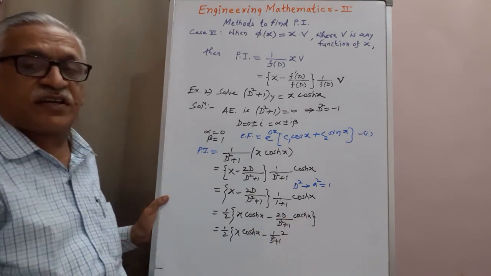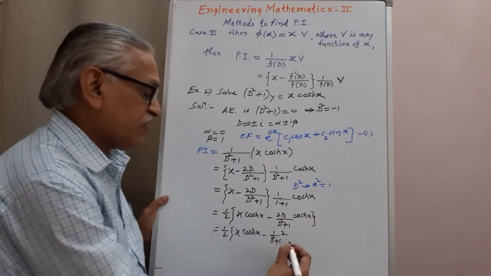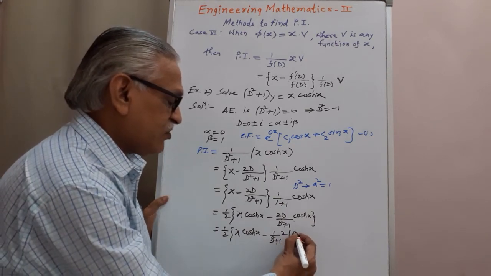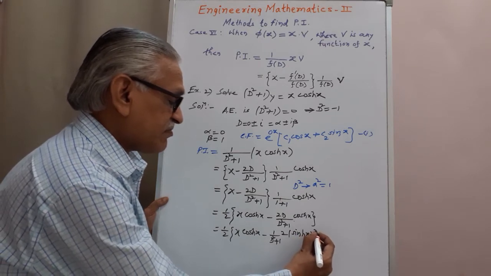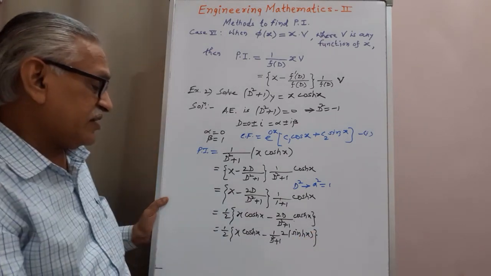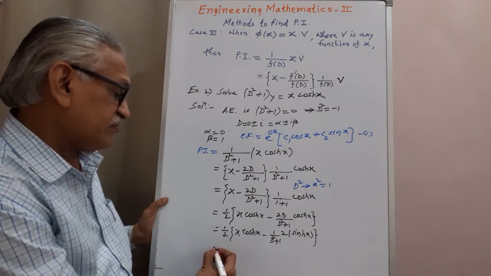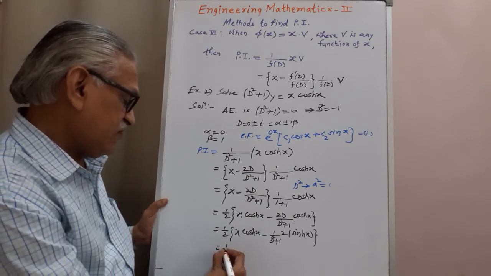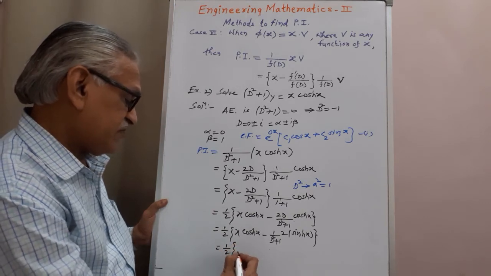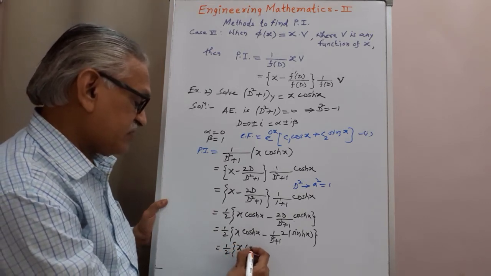The derivative of cos hyperbolic x is sine hyperbolic of x, and therefore it is 1 by 2 times x into cos hx